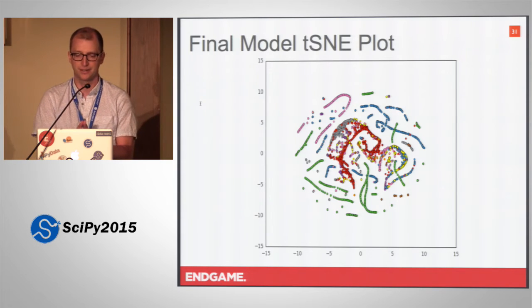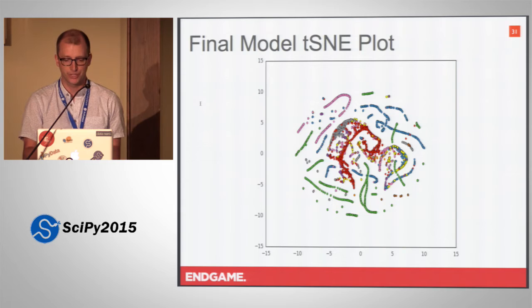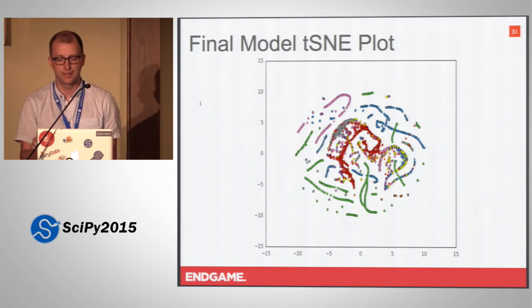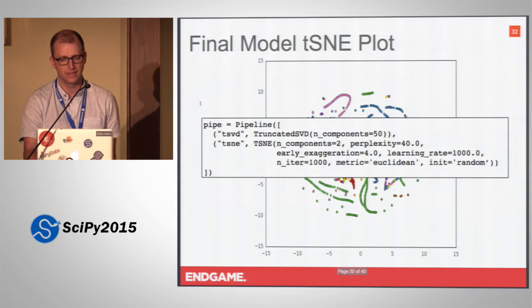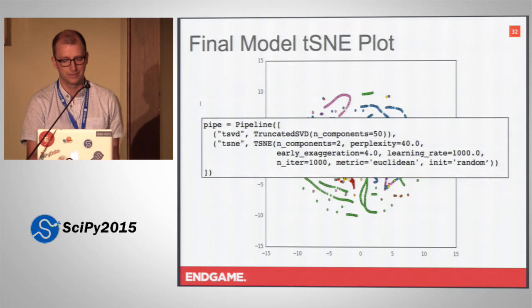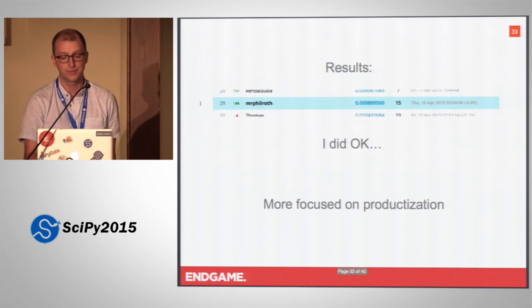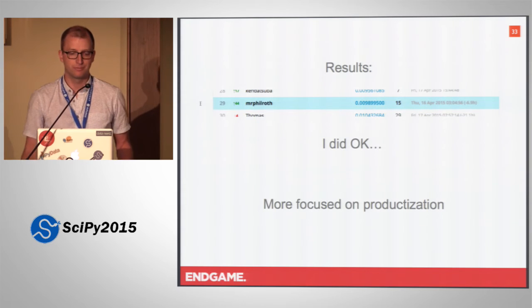So you can see that here, and this just kind of gave me a little bit of intuition about what classes were easily separable by the final random forest model and which ones might overlap with each other. And this is the code in scikit-learn that allowed me to make that plot, or make that model that was then plotted in matplotlib. So that was the model.